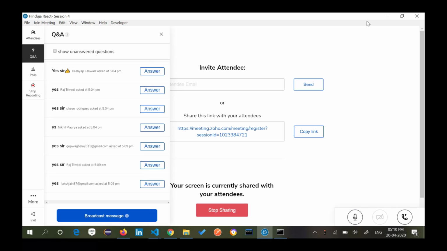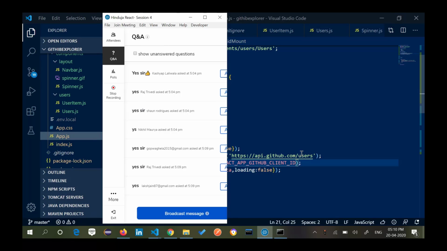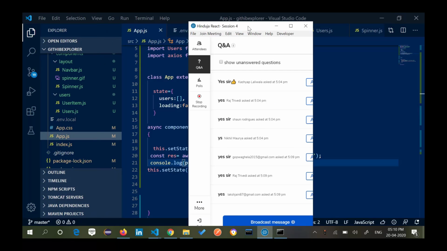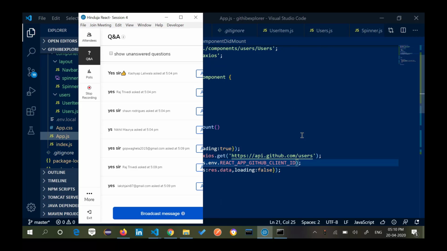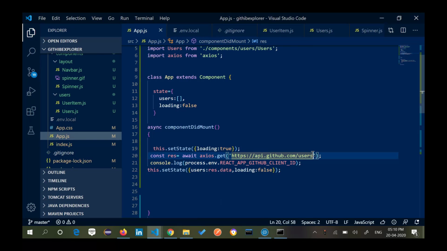So what we are going to do now is add up that URL we have completed. Whatever we have completed, we will add it into our actual URL, so that GitHub will know who is making this exact call. And so let's say